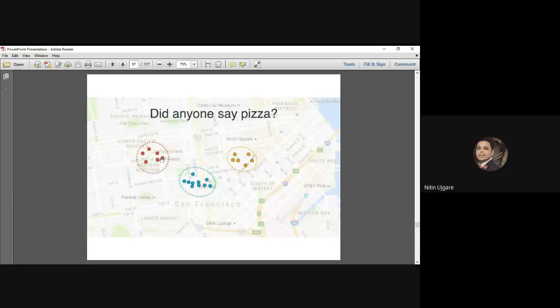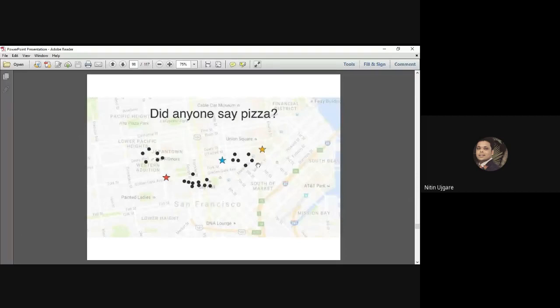Now we want to open our pizza parlors at these new locations. We do not have the luxury of locating our pizza parlors directly in the best place, so we randomly select the locations of our new pizza parlors. This red pizza parlor serves the red houses, the blue pizza parlor serves the blue houses, and this yellow pizza parlor serves the yellow houses.